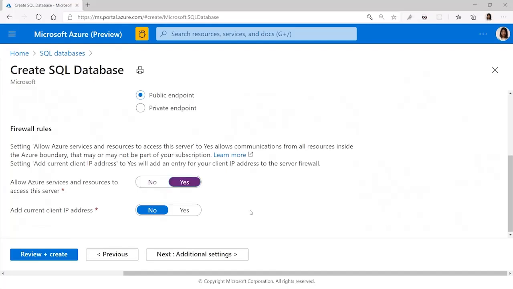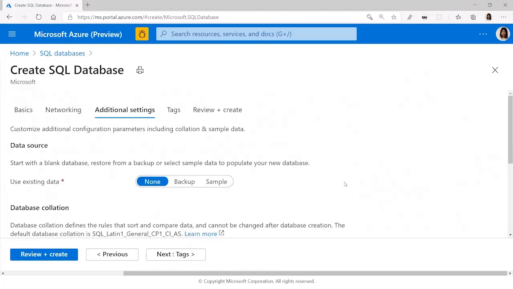And do I want to add my current IP address from this device to allow access to this particular Azure SQL server? So I'm going to as well. Now, if we go to additional settings, this is where you can specify the data source. And so we can create a blank, brand new database, or we can create an existing one